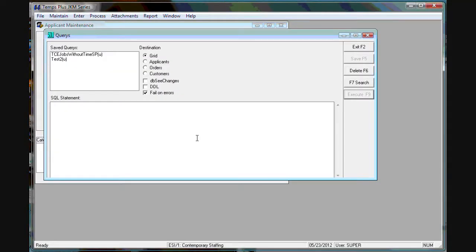So we're back in the query window and we enter the name. The only thing that we have to get exactly right is the name of the stored procedure, and the names of the parameters aren't important. The position of the parameters is important, because only the values are sent back to SQL Server when the stored procedure is executed. So TCE emps without time and low pay number,